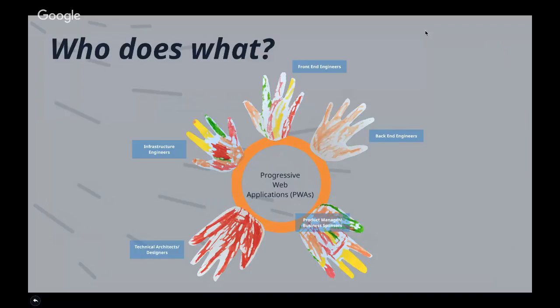And why do I put in the designers, technical architects, and also the product manager and business owners? Because these teams usually know what content your users want to see. And one of the big points of progressive web apps is performance. And multiple channels, so that you show the application in stages. The designers and the product owners will be the best people to go to, to know what the most important content is that the users should be seeing.